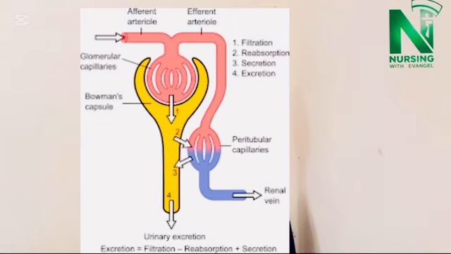So that's going to take us to the second stage of urine formation, which is the selective reabsorption. This selective reabsorption happens because your body does not want to lose essential materials like glucose, amino acids, water, and electrolytes. So it's using this mechanism to draw them back to itself. This selective reabsorption takes place in the renal tubules, which are the proximal convoluted tubule, the loop of Henle, and the distal convoluted